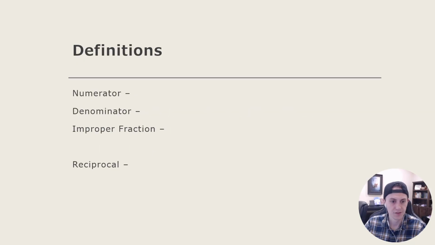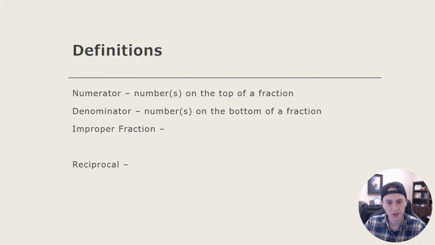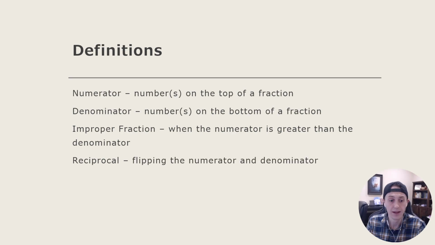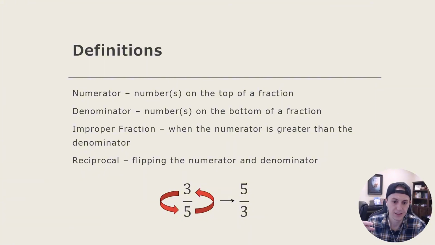So the definitions, first off: the numerator is the number or numbers on the top of the fraction. Denominators are numbers on the bottom of the fraction. An improper fraction is when the numerator is greater than the denominator, so the value is greater than 1. And finally, the reciprocal of a fraction is when you flip the numerator and denominator to make a new fraction. As a picture for that one, 3/5 and 5/3 are reciprocals of each other, because you can see you